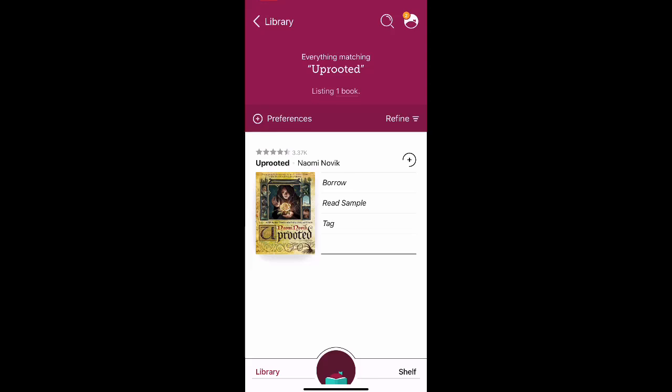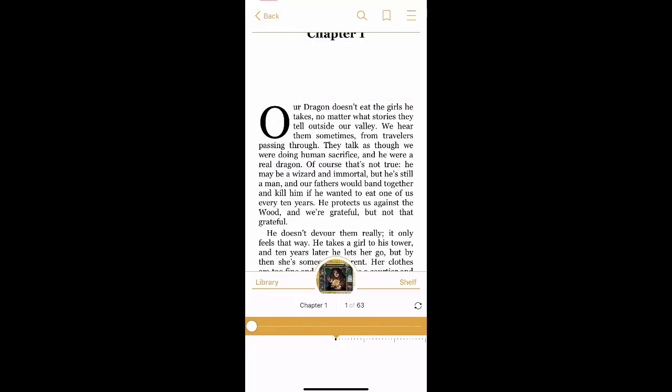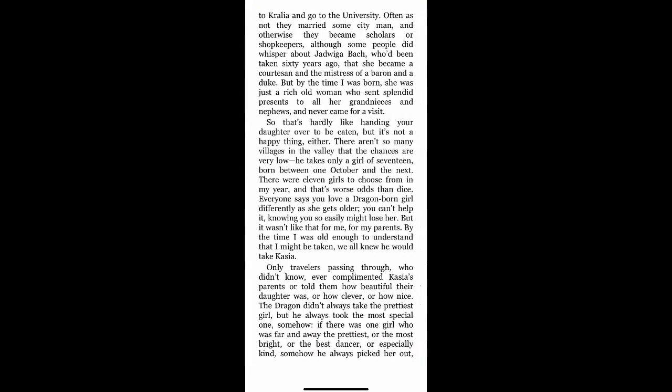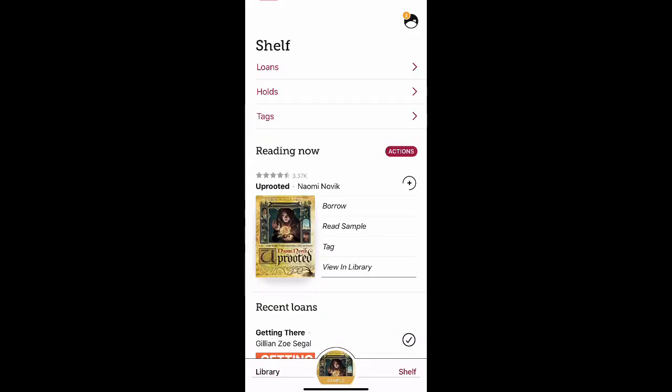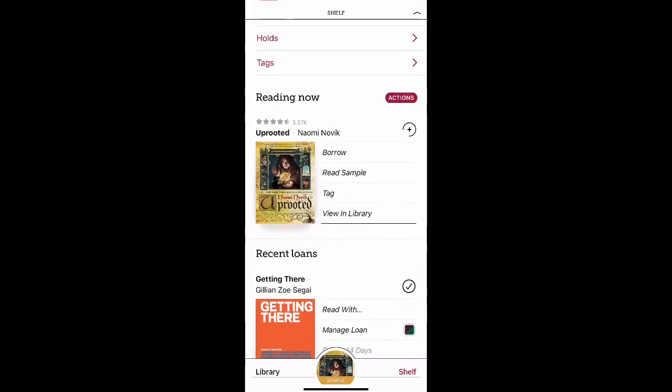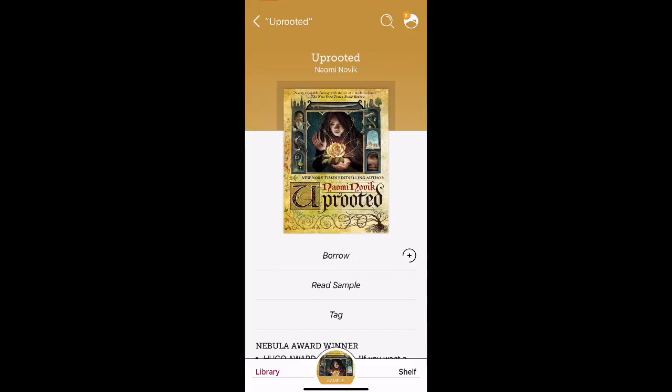You can also read a sample of the book if you just want to get a first look at it, so go ahead and tap on that. And this is what the sample will kind of look like. And then this is automatically saved in your reading thing on your shelf so you can come back to it. And then I go ahead and click on the library thing, and then if you want to find out more info about the book, you can tap on the picture just like I did,